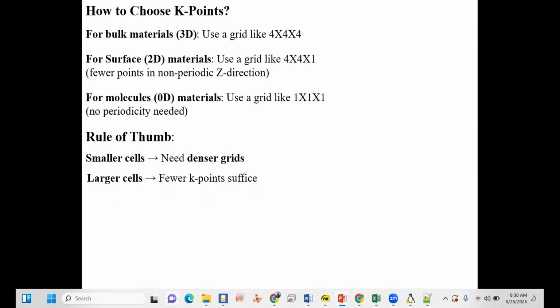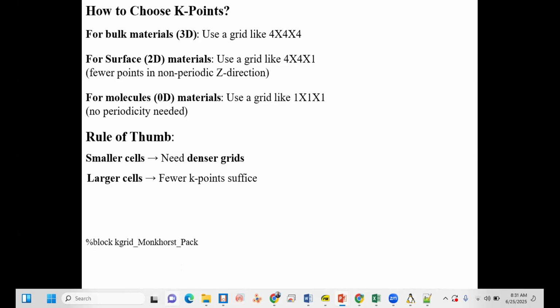If the unit cell in real space is small, in reciprocal space it becomes bigger, so we need more K points to calculate accurately the electron density, potential, etc. While for a large cell in real space, in reciprocal space it becomes smaller because they are Fourier transforms of each other, so it needs fewer K points.